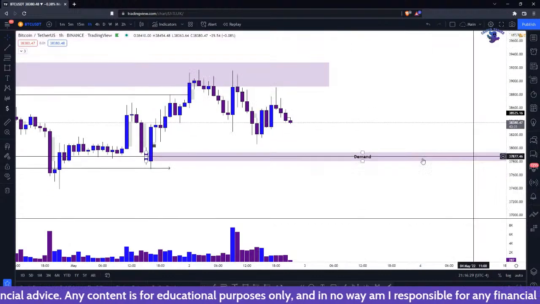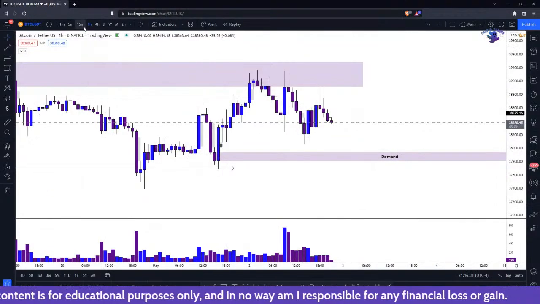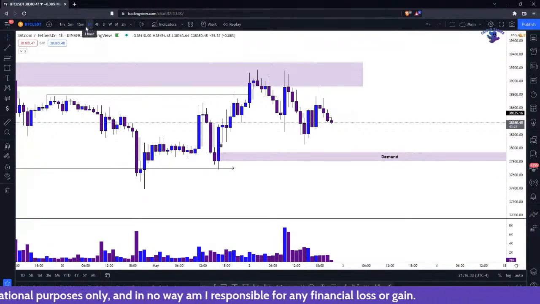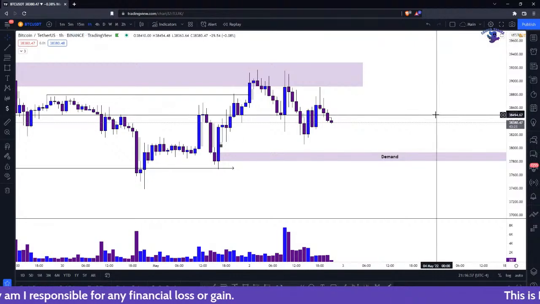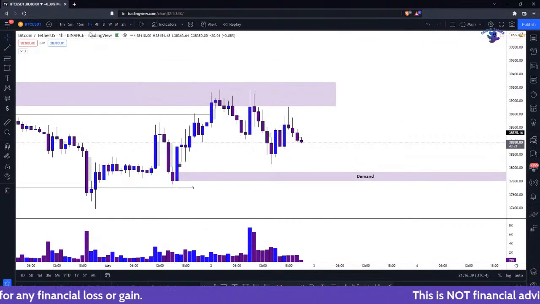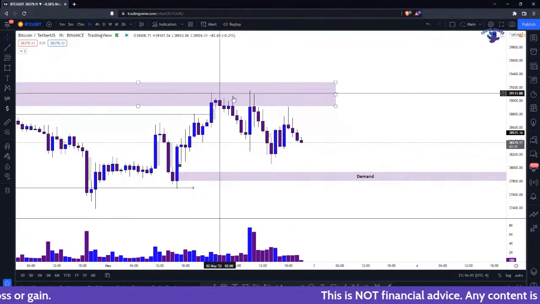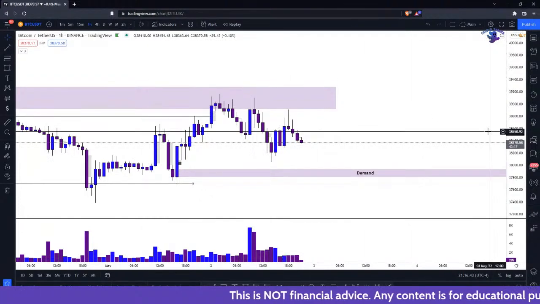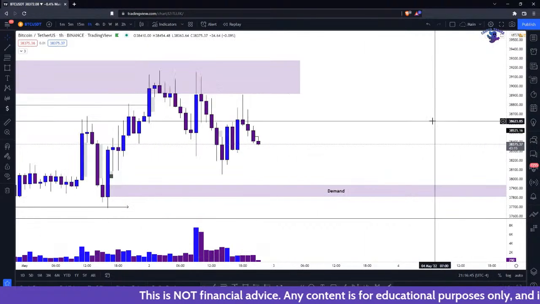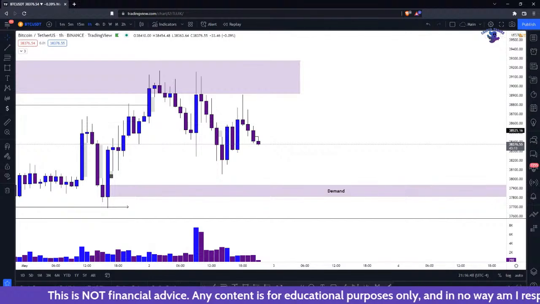shift trend, probably on the 5 minute is where I'd look. When I use a 1 hour supply or demand, I use 5 minute for confirmation. 4 hour, I use 15 minute. And that's not totally linear. It can change. It just depends on market structure. Sometimes I'll use the 1 minute, but that depends on your style.